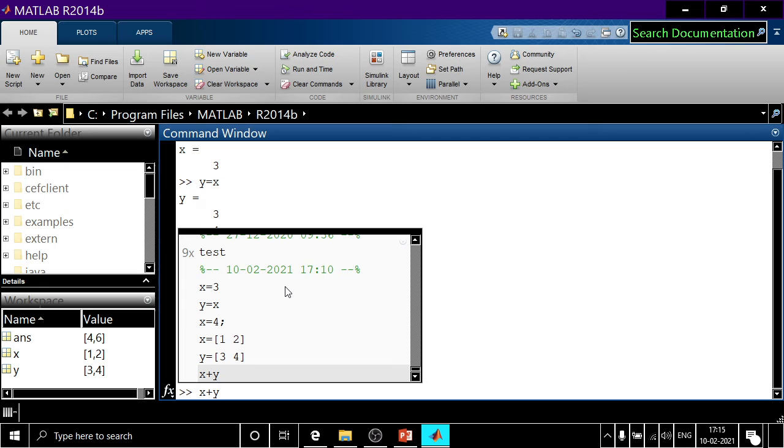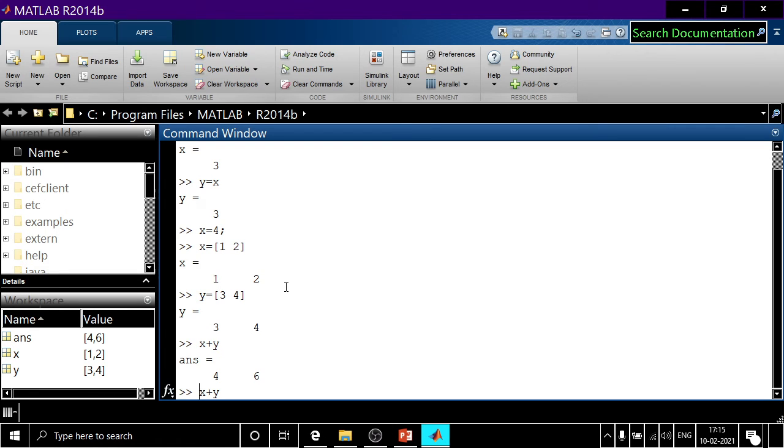Actually, it was x plus y. Already it was there, so I am using it. I have not typed x plus y. I have taken it from the command window. Here I am putting z equal to x plus y. So now z is 4 and 6.